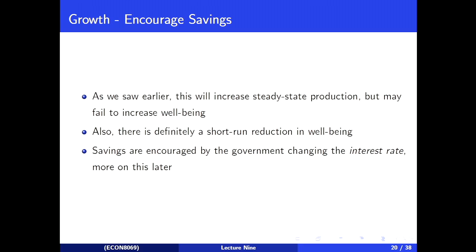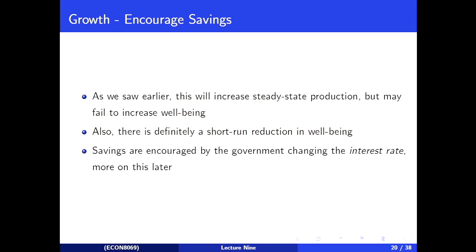So when the government is going out and encouraging savings, it's hopefully because the government thinks that the current rate of savings in the economy is below that golden rate. And I can't tell you what that golden rate is. The average rate of savings is usually around 10%, which I believe, from my understanding, is pretty close to the golden rate. But it depends on so many parameters that I just don't have access to.